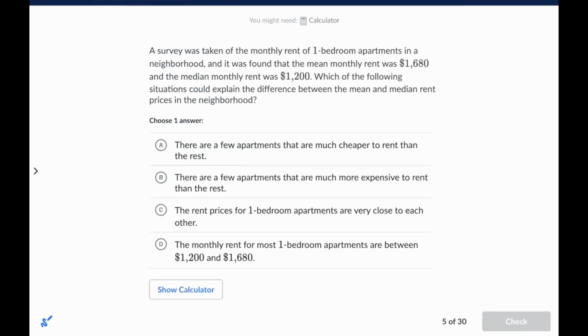Let's move on. A survey was taken of the monthly rent of one-bedroom apartments in a neighborhood, and it was found that the mean monthly rent was 1,680. Okay, mean is basically the middle value. So oh no, mean is not the middle value. Median is the mid value, and mean is just the average. So we know that the average is 1,680. And the median, which is the middle, is 1,200. Which of the following situations could explain the difference between the mean and median rent prices in the neighborhood? Okay,